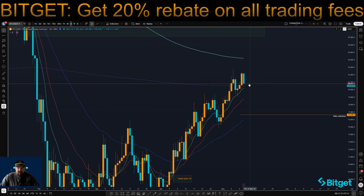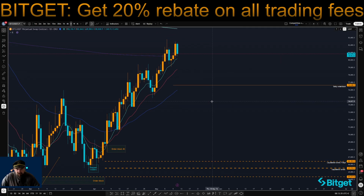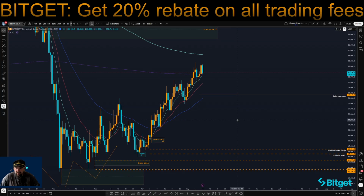engulfing candle here, I would expect maybe this is going to be the start of the change, because you know, it's wicked up. This candle created a lower high, okay. If it stays bearish, it closes below this low here, then we can maybe start expecting, okay, so the price comes back down. Once that happens, then we're gonna have to assess and see, okay, how far it's gonna go,